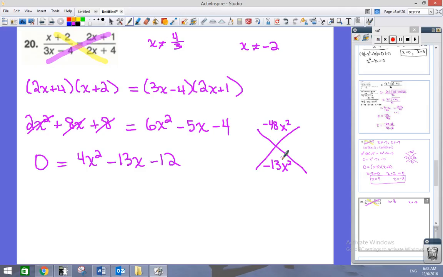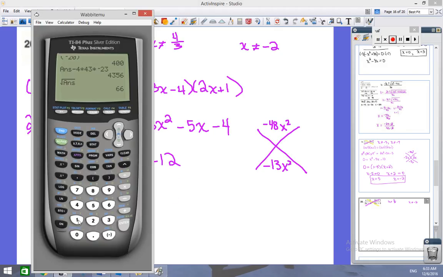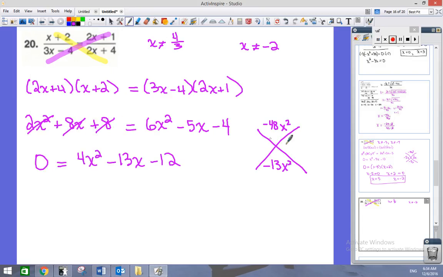So two numbers that multiply together to give us -48, but add together to give us a -13. 16 times 3 is 48, right? 16 times 3. Yeah. All right. So if we make that 16 negative, then -16 times a +3 is -48. If you add those together, you get -13. Now in the body of the table,